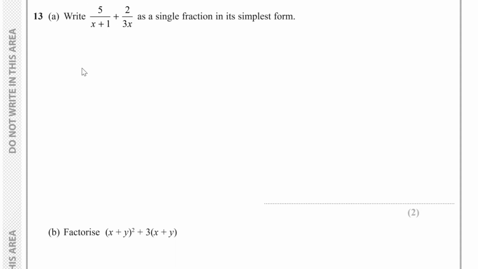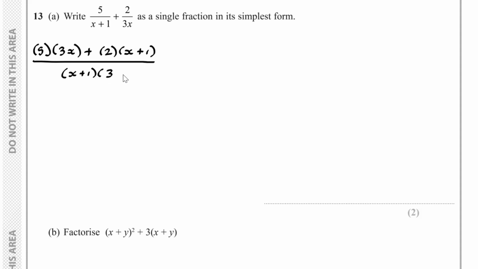So we have 5 times 3x lots plus 2 lots of x plus 1, and on the bottom we end up with x plus 1 lots of 3x. And if we tidy all this up, on the top we have 15x plus 2x plus 2,